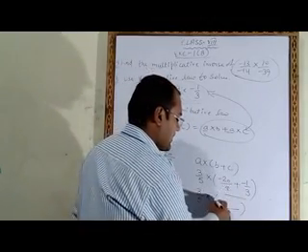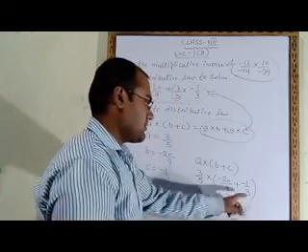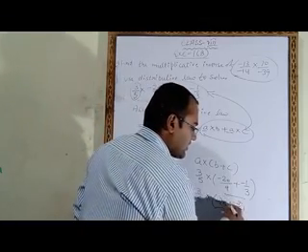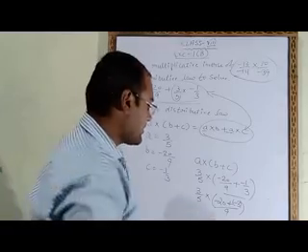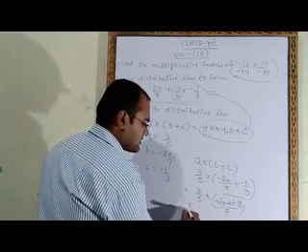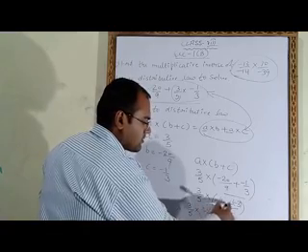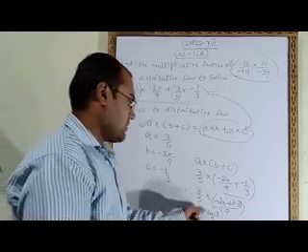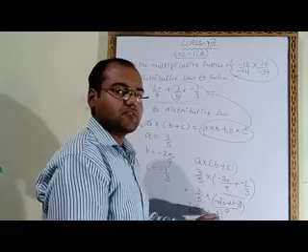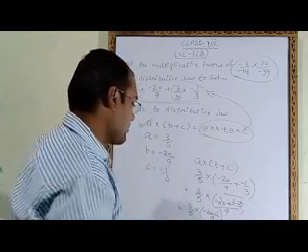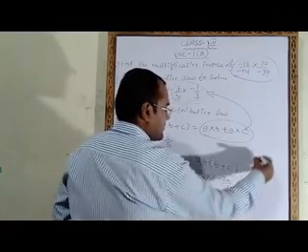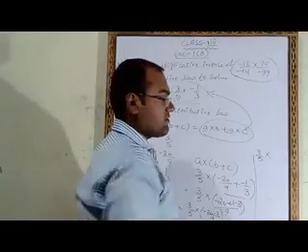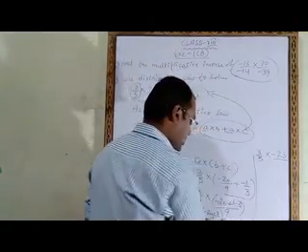9 1 ja 9. 1 into minus 20 will be minus 20 plus 3 3 ja 9. That 3 into minus 1 will be minus 3. So here double sign are coming, so you can take one more bracket here. Now next step, 3 upon 5 is as it is, minus 20 plus minus minus 3 upon 9. Now these two numbers are having minus sign. Minus and minus will become plus. So we will add these two numbers. So what will be the answer? Answer will be 3 upon 5 multiply minus and minus will be plus. So minus 20 and minus 3 will become minus 23 upon 9.